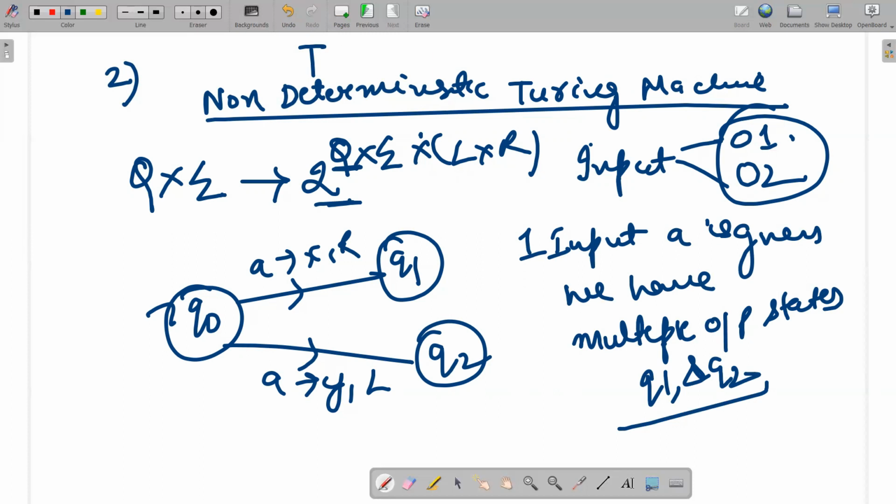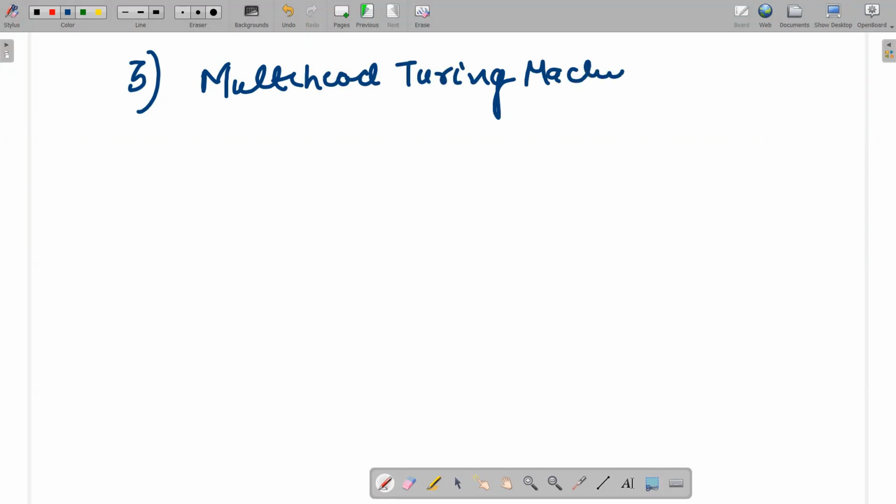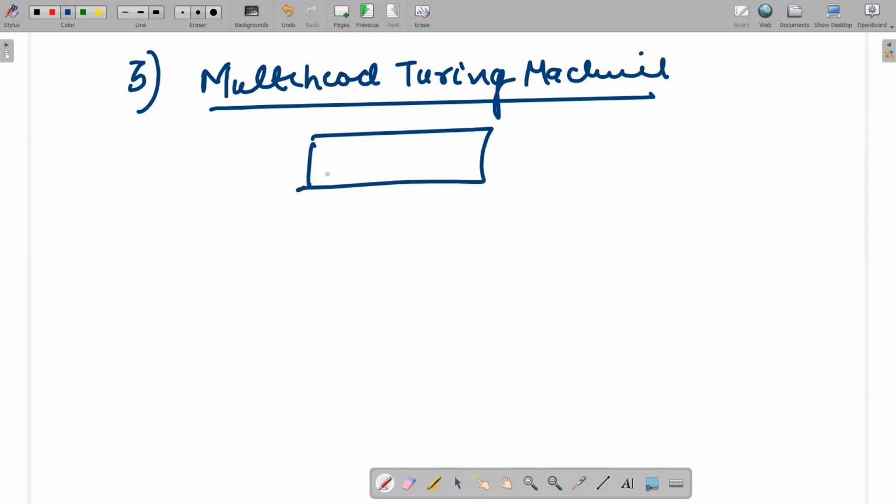So we have the third scenario. And the third scenario is, so we have the next topic, which is multi-head Turing machine. As the word suggests, multi-head. Multi-head means that you are going to have certain number of heads and number of heads will point to a single Turing machine. Let's say your Turing machine says